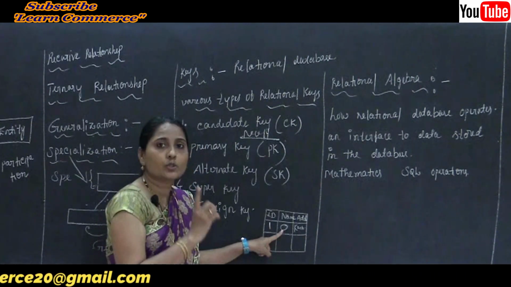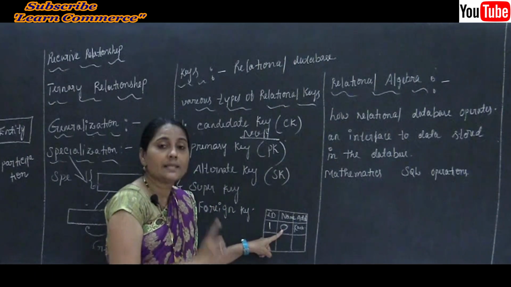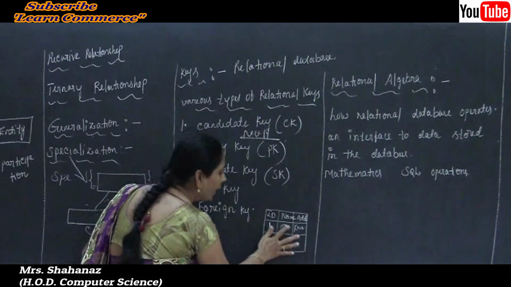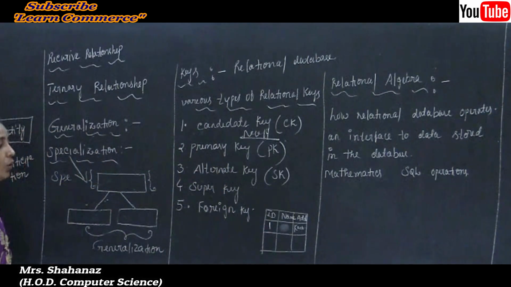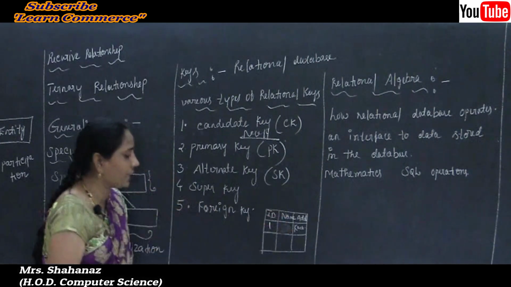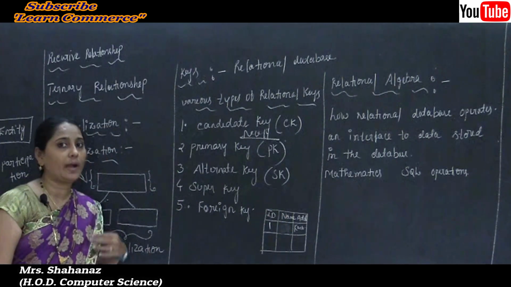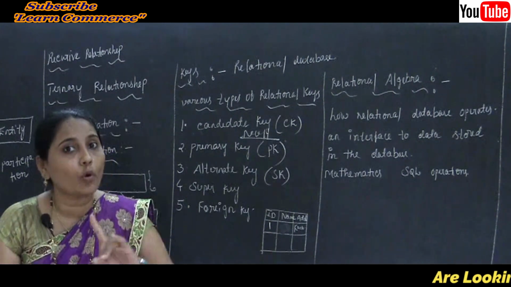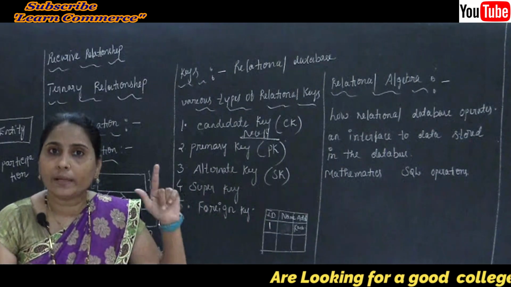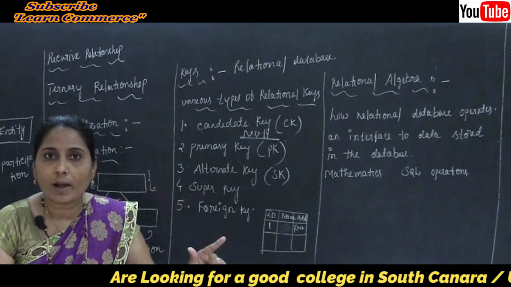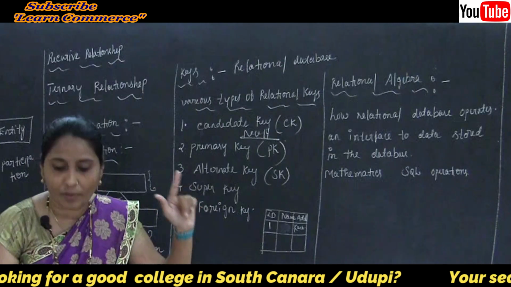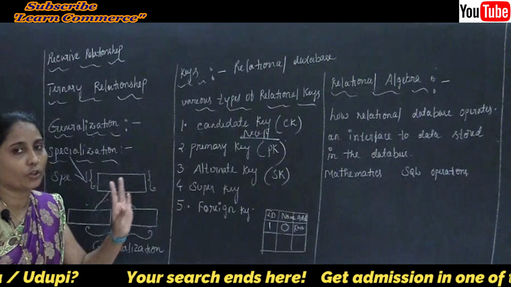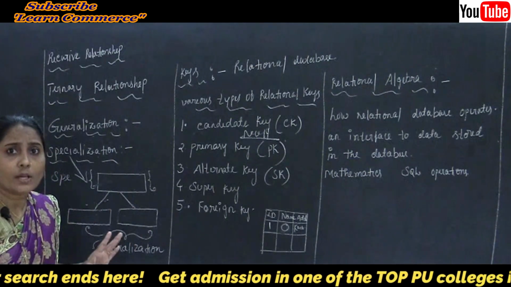Clear this point here? The null value in a table is a value in a field that appears to be blank. So that means if you are not using any value, no value is there in the cell, so it appears to be blank, and such a value is called the null value. Or a null value is a field with no value, or a missing value. The null value is different from the 0 value. If you are using the value 0, it is not called the null value.